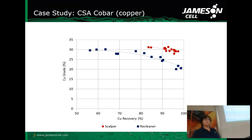The recleaner, of course, is going to operate on the grade recovery curve that is going to recover all those slow floating fine particles and all those composites. Because they didn't float up front, you need to float them further down. So as you can see, the grade recovery curve of the recleaner is poorer because you have to float all those other particles. Now you can operate anywhere on that curve you choose to operate, but it is also an